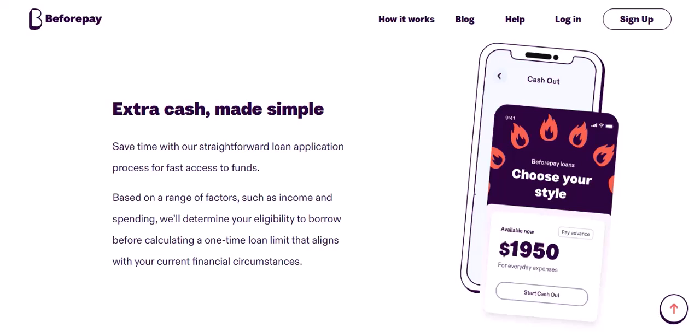So, there you have it. While there might not be a direct CashApp Beforepay integration, you can still use CashApp to make those Beforepay dreams a reality. Whether it's through your debit card or your linked bank